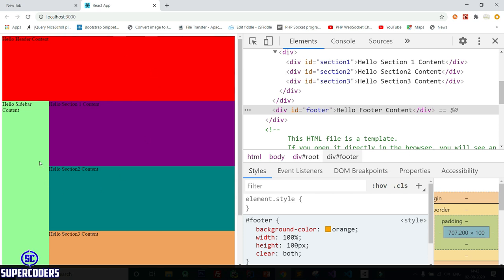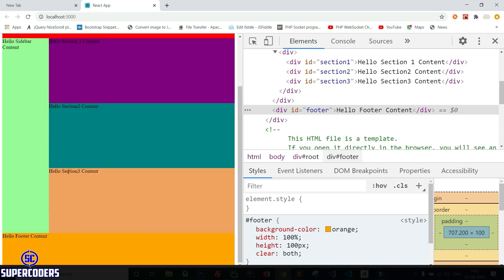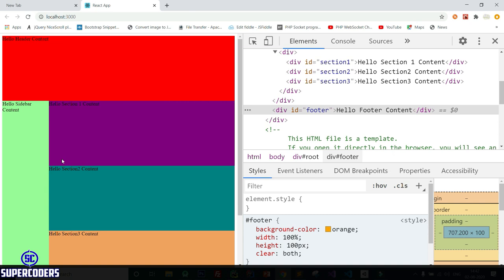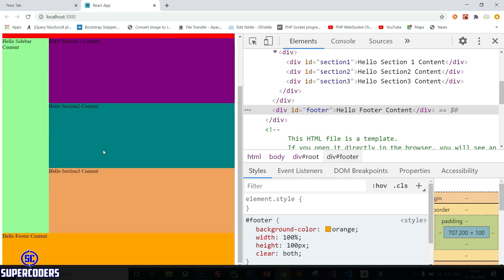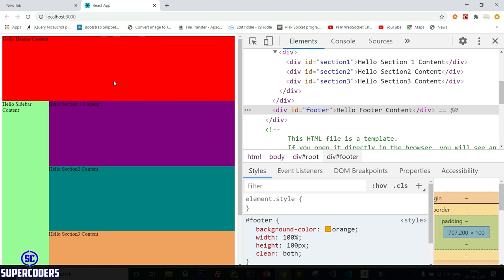So in this way you create a simple web page using React.js with lots of components, and here you can see header content, which is the header component, sidebar component, section component, section 2, section 3, footer component. So everything we create using React components in React.js.